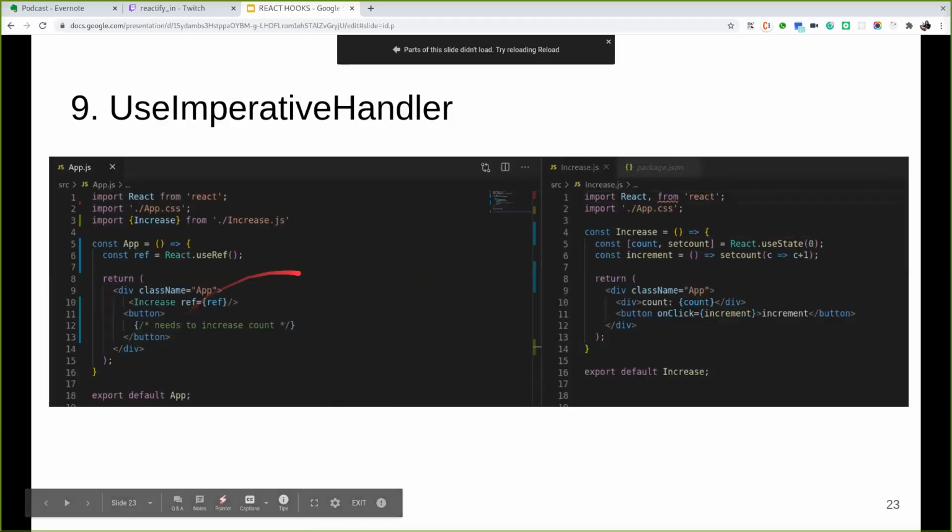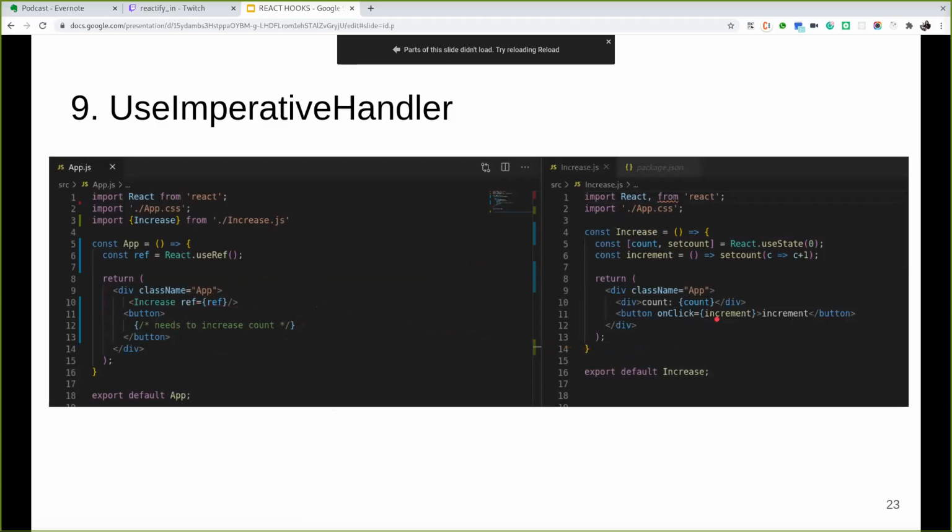Okay, yeah. So what we are trying to do over here is, in a similar way, we have a button that increments the count, and we have a count div to show the count, and the count gets incremented with a setCount method, using useState to manage this state.